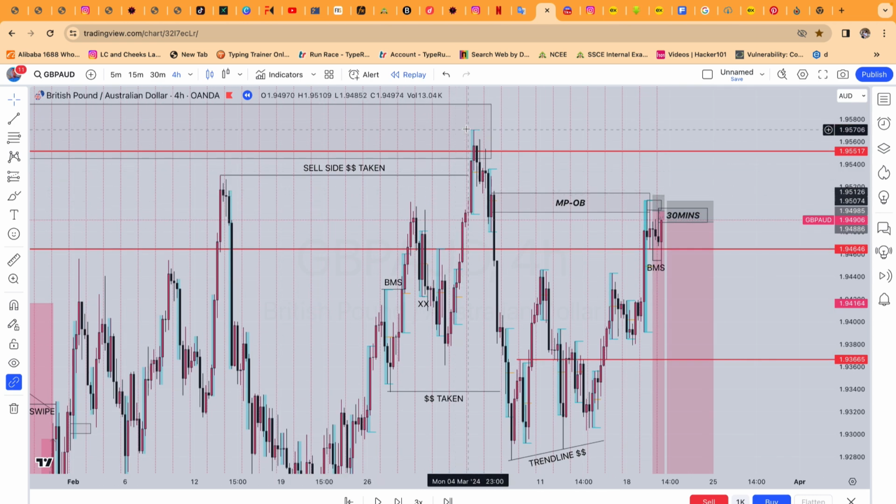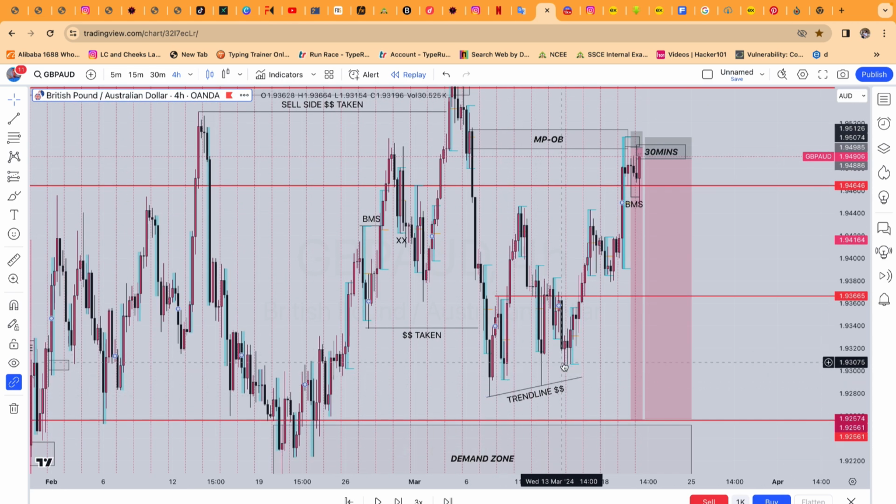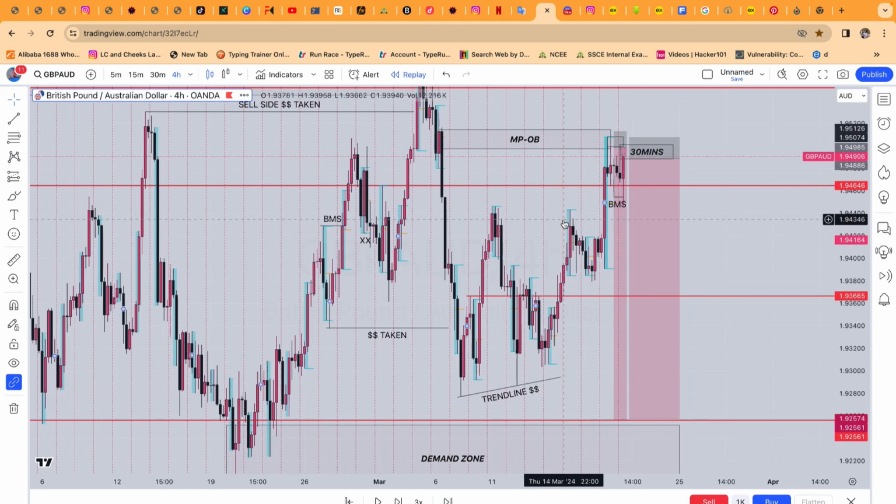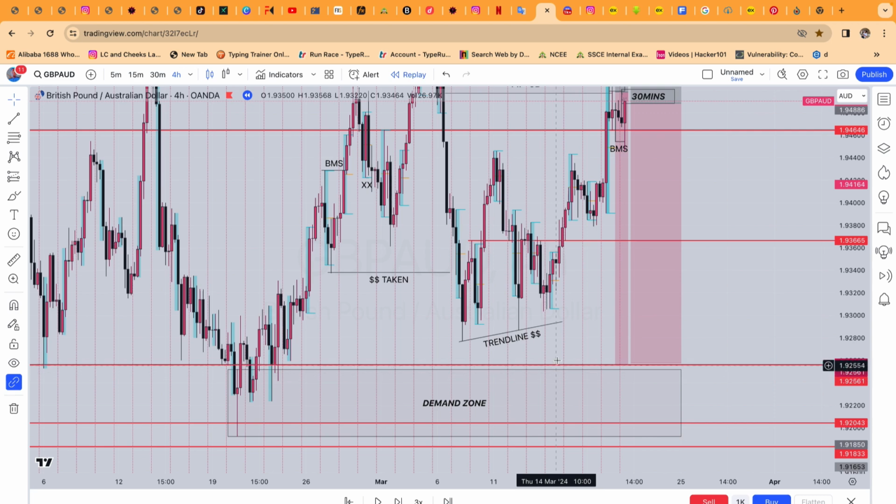Now you can see how I also marked out my mitigation zone after price swept out this liquidity, leaving me with this trend line liquidity. So guys, look at how I picked this entry. Now first of all, price already mitigated this zone, and I have this demand zone which I am looking at